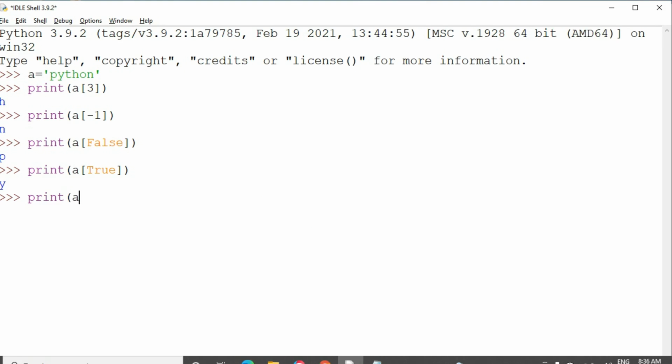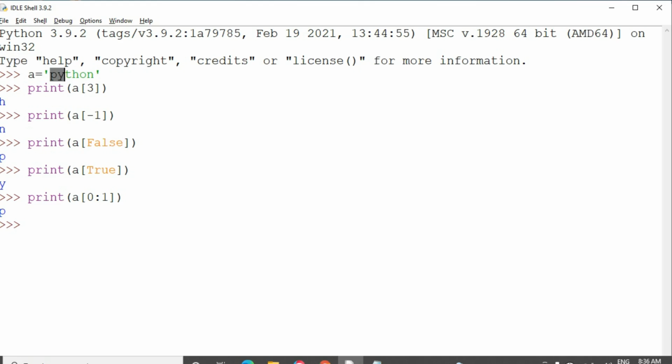I am taking the same string Python, print of a of 0 colon 1. Okay, 0 to 1: this is the 0th position, and this is the 1 position.